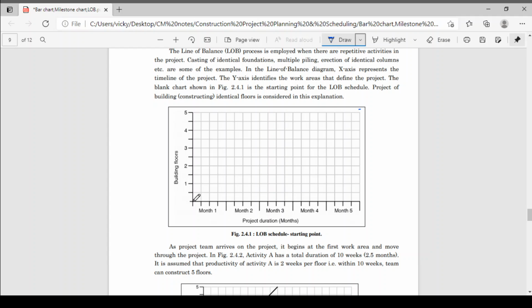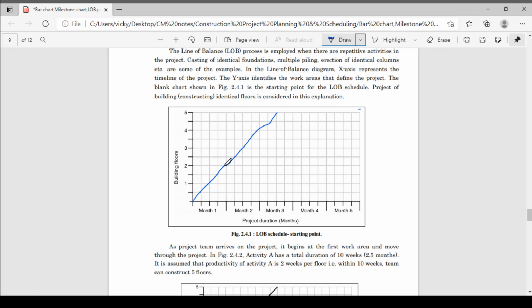After 2 weeks your first floor is complete, then after another 2 weeks your second floor is complete, then the third, the fourth, and after 2 weeks your fifth floor is complete. So after every 2 weeks one floor is completed. This is the productivity of your work: brickwork for the ground floor is completed within 2 weeks.